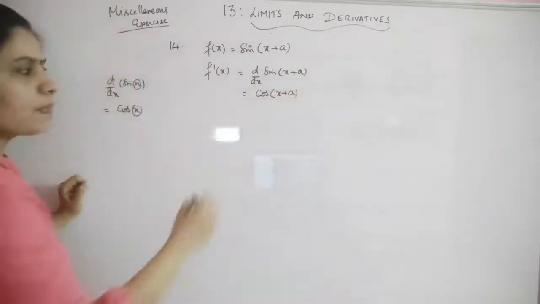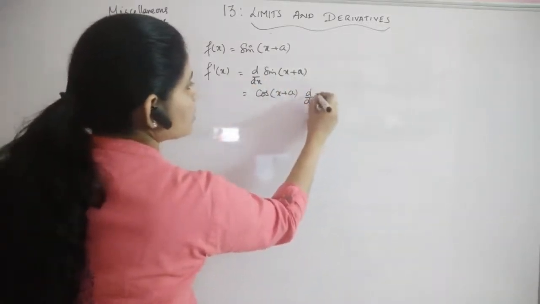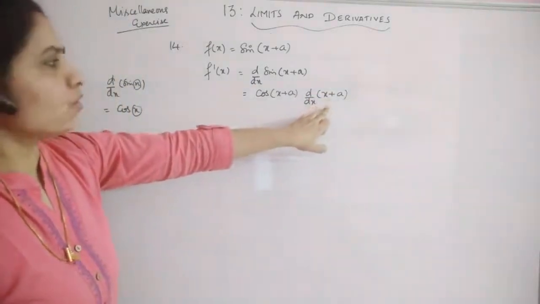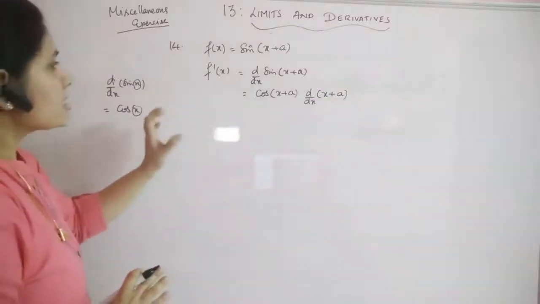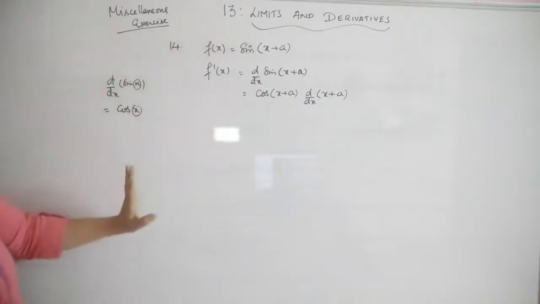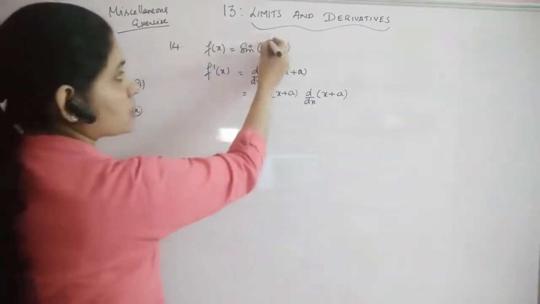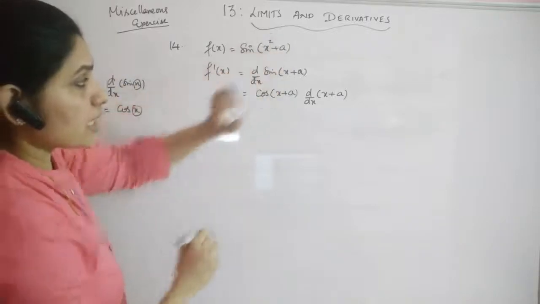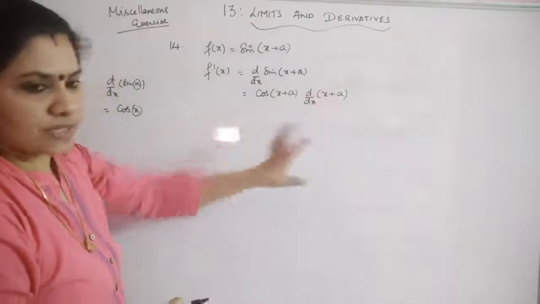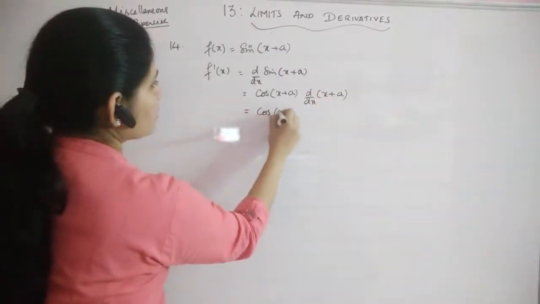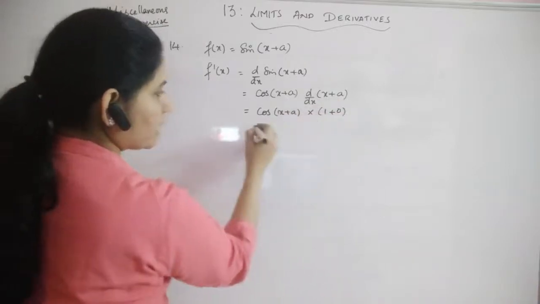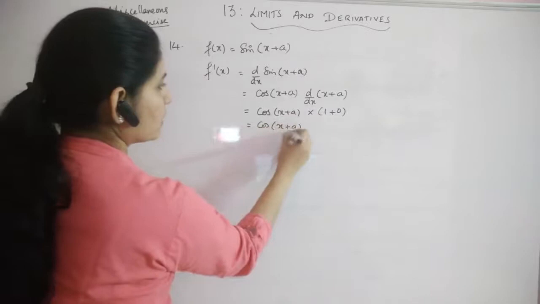But you cannot stop here. You have to write like this, into d by dx of (x + a). Actually here you have x plus a, so that you will get the derivative as 1 only. That means it is not changing. It's like sine x is giving you cos x, means sine of (x + a) is giving you cos of (x + a). But in certain cases, if it was sine of (x square + a), then it will have a change here. So that will be counted here. Okay, d by dx of (x + a) should be taken here, and here you are getting cos of (x + a) into derivative of x is 1 plus derivative of a is 0. So it is cos of (x + a) only.